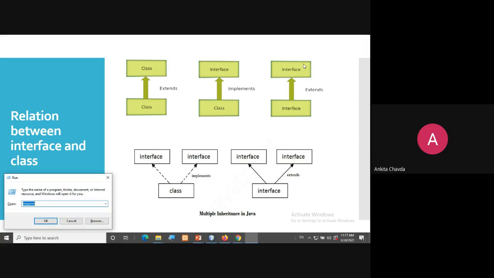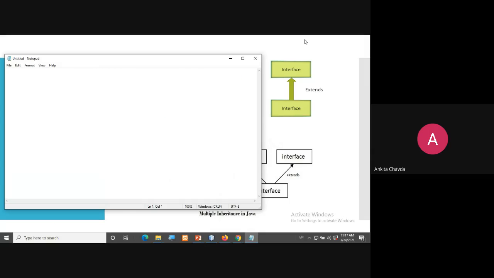I'm showing you that. Here I have one interface I1, with one method, a display method, and here interface I1 is over. Now you have another interface I2, which needs the void display method also, and here you have the void sum method also.